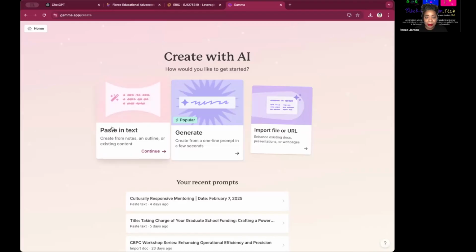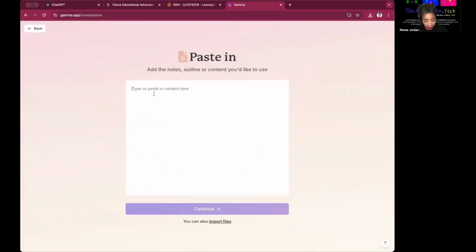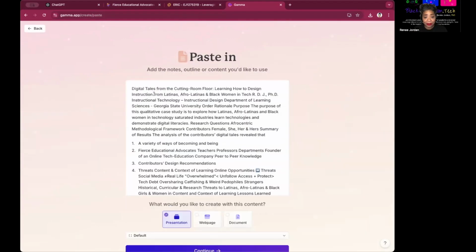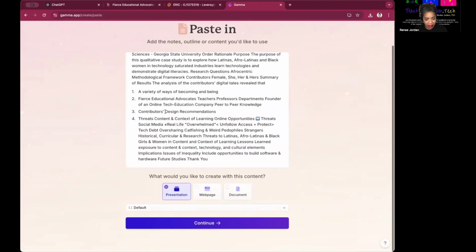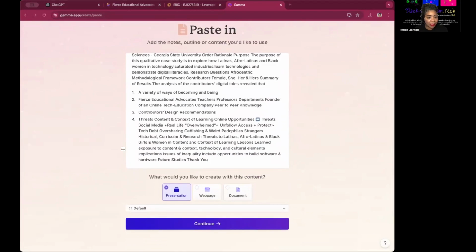And once again, I'm able to sign in as a result of having a Gmail. You can create an account if you want to. I'm going to jump over here and paste the outline from my dissertation. It seems a little short. It didn't put all the spaces in when I copied it. Interesting. So give me a moment while I add some spaces.